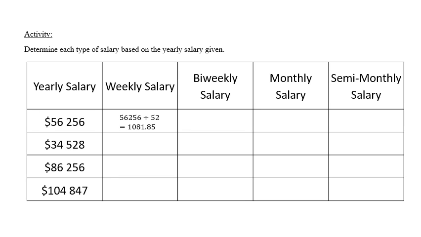So then if we wanted to know what their paycheck would be if they were paid bi-weekly, because a bi-weekly paycheck happens 26 times in a year, we would divide the yearly salary by 26. And we can see that the bi-weekly paycheck would be